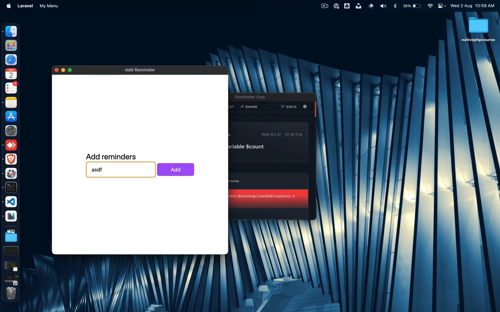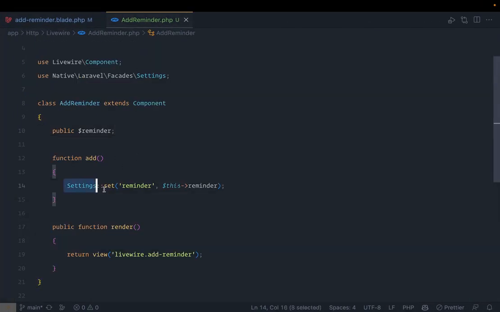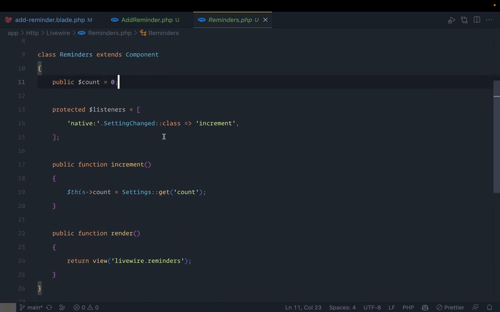So if I write something, it seems like it's writing. Complete NativePHP course. That's good. Now when I click on add, it is setting the reminder property of the setting to the reminder. Now I can go to the reminders component, and